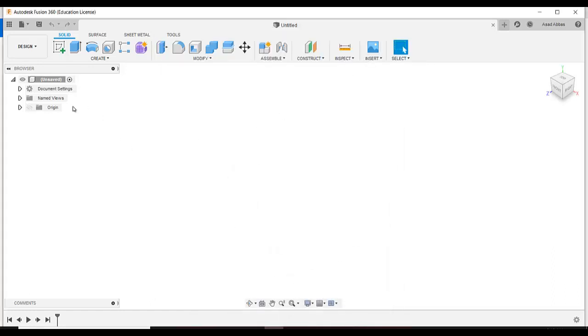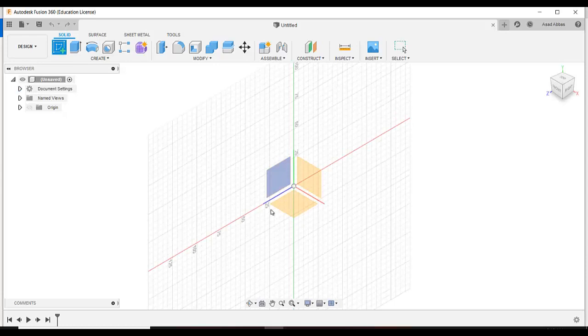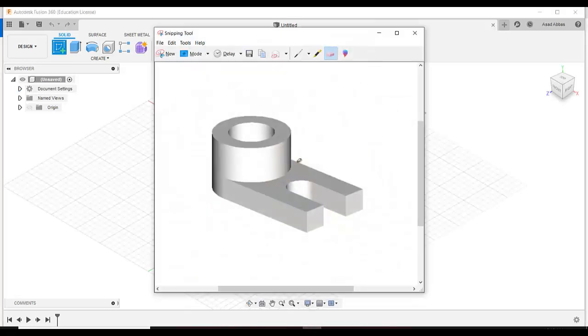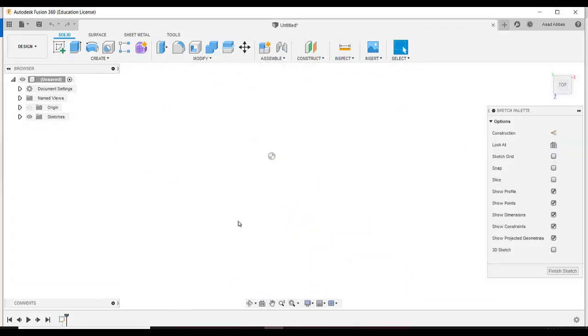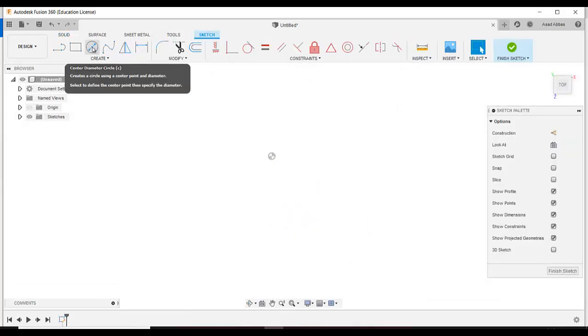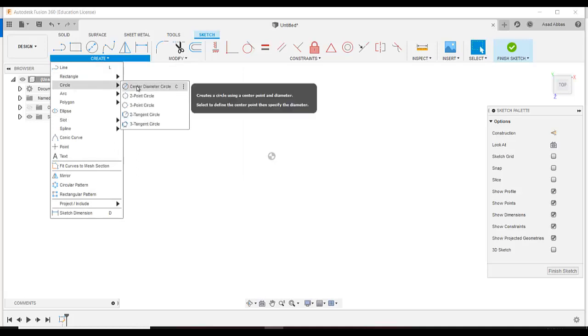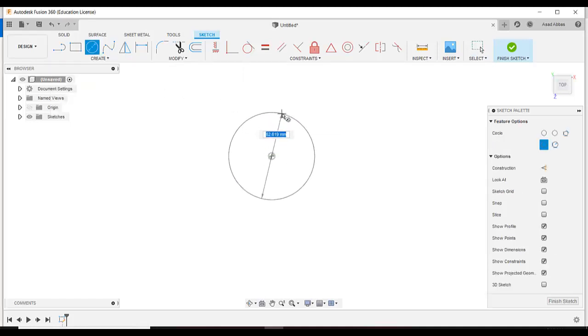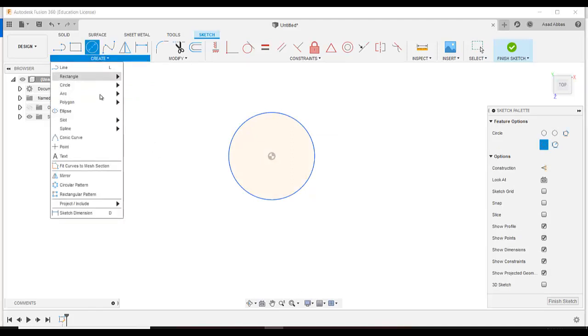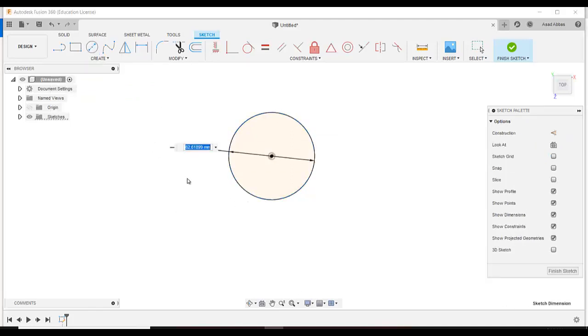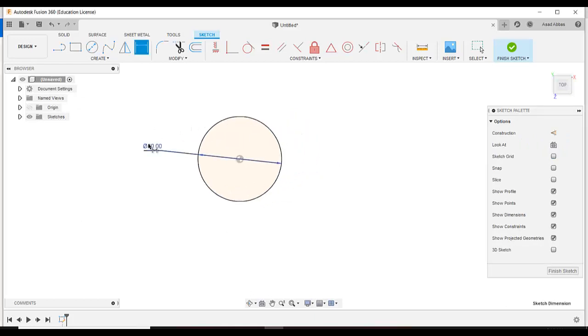So first thing, I am going to verify the units are in millimeters, so that's okay. The drawings are given in millimeters. Then I am going to create a sketch, and for the plane of my sketch I am going to select this bottom plane. Then I am going to draw a circle, this circle, and the dimension of this circle is 40 diameter, or we can make it 80